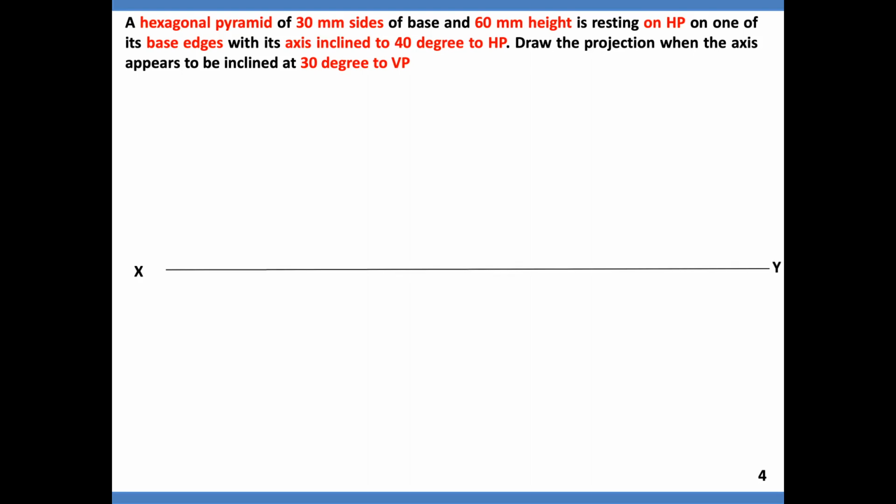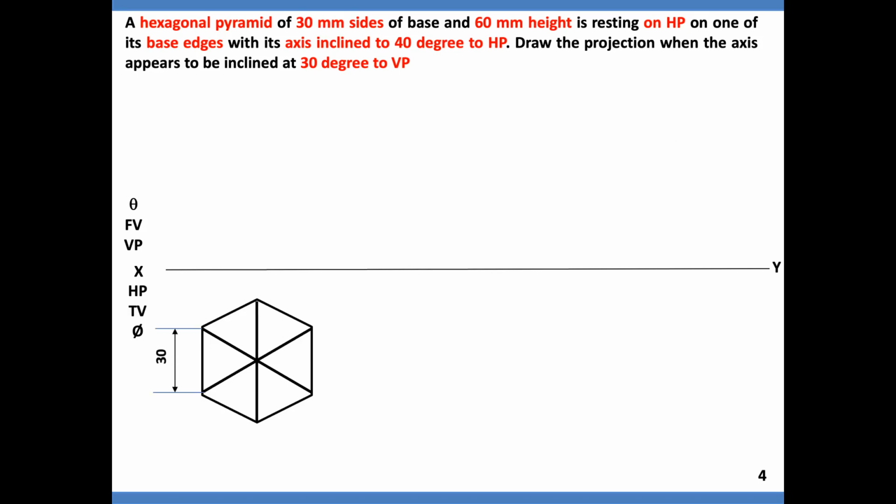We'll solve it. XY, VP, HP, front view, top view, theta, phi. This is the template which helps us to do the solution. Keep in mind, we have to draw the 6 views starting from the top view in HP. I have drawn a hexagon in such a way that one of the edges is resting, as per the data given in the problem. You can draw the hexagon by geometrical construction or by the circle method. Any one method has to be adopted and drawn.